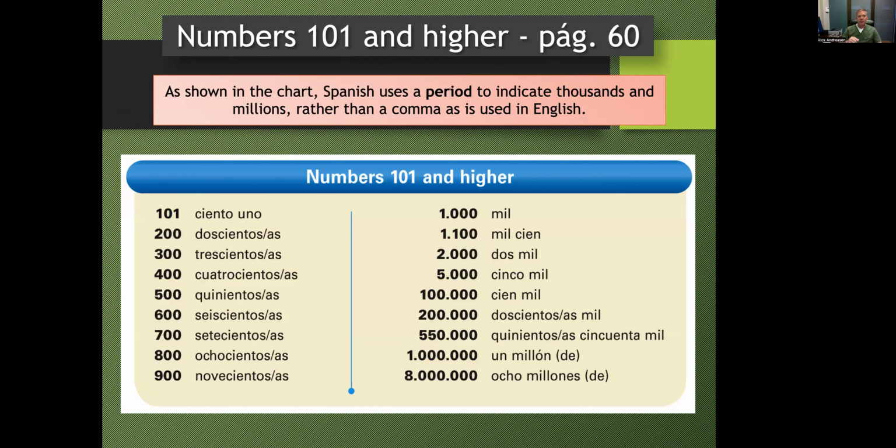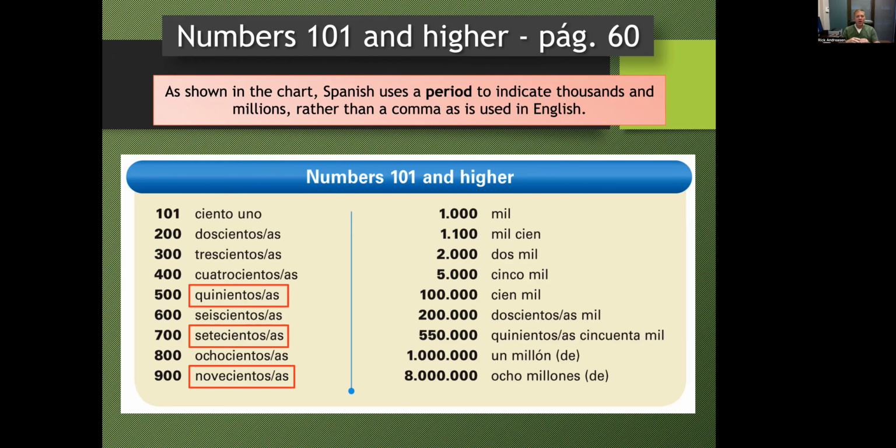Okay, so we are going to go through this together because now you're going to learn the hundreds. And if you look, I've marked three of them that are different enough that you'll want to just memorize those. So for 100, we say cien, clase, cien. For 101 and all the other numbers through 199, we say ciento uno, clase, ciento uno, ciento dos, ciento tres, etc. Okay. Now for 200, it's doscientos, clase, doscientos,